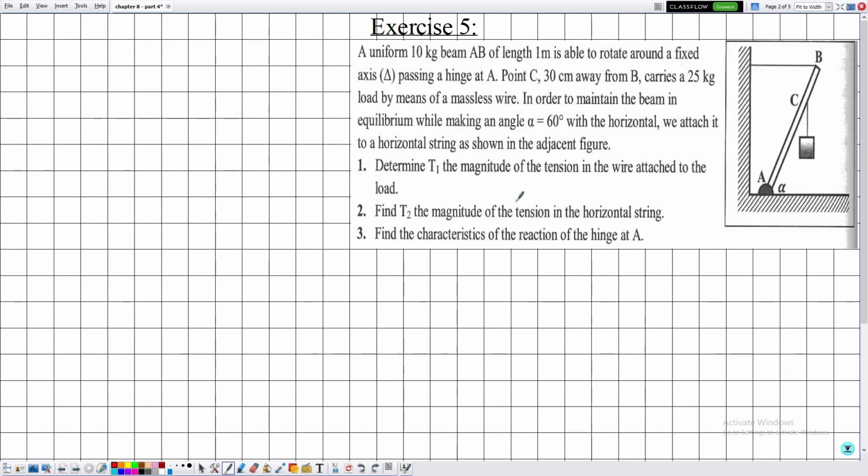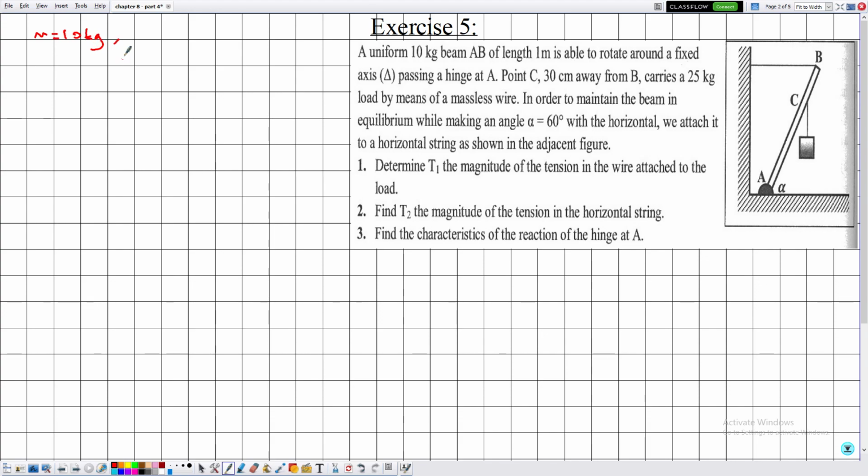As for the next exercise, this is extremely important. Now, in this exercise, we will see how one can determine the value of the reaction between the rod and the support. Now, a uniform 10 kilogram beam, so the moment or the instant the beam has a mass, it will be directly subjected to the weight, although if it's not stated in the problem,